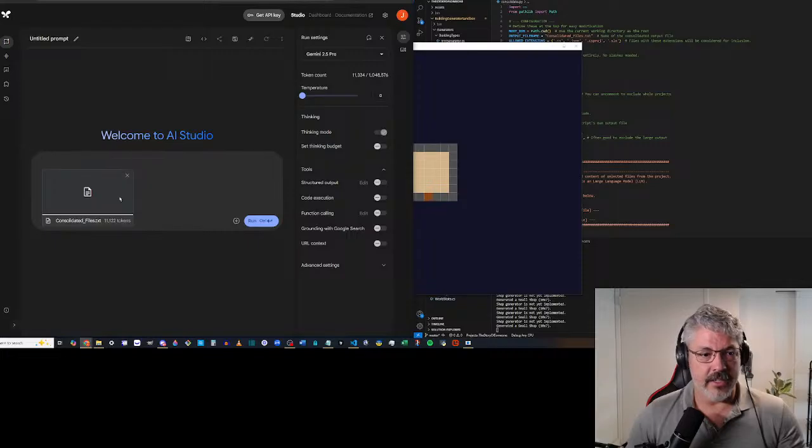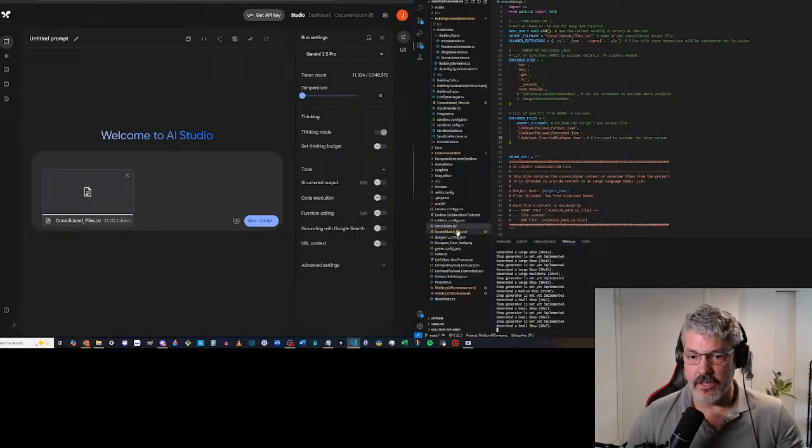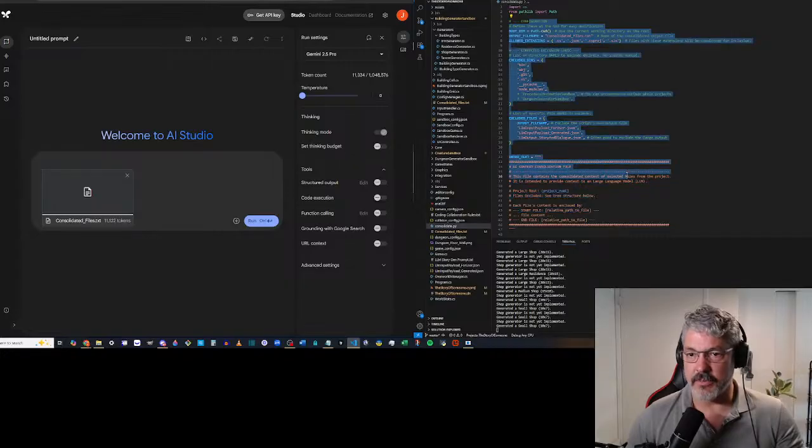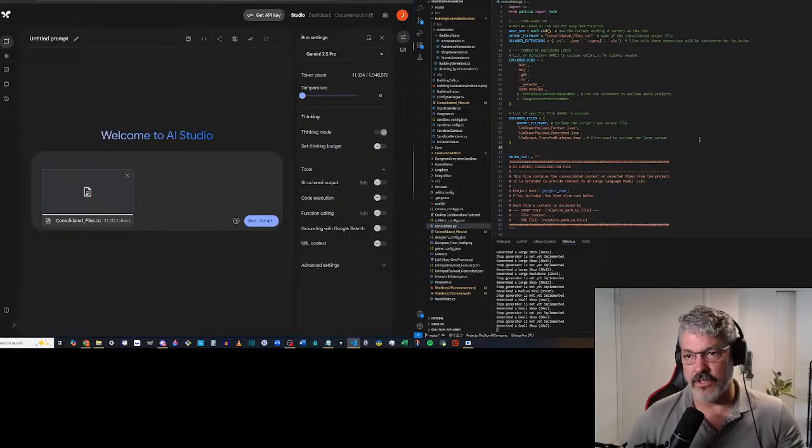What I did here is I've already taken the code for my building generator and consolidated it all into one file using my consolidating program. This Python script goes into my directory and copies the text out of all of my C# files, my JSON, my C# project files, and puts it into one TXT file that I can give to the AI.